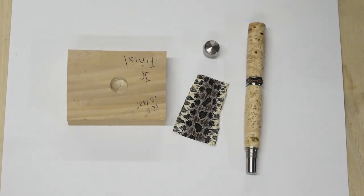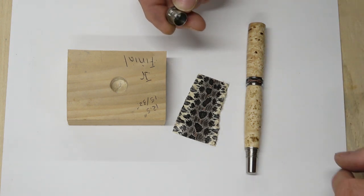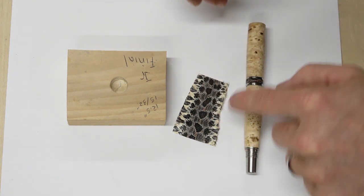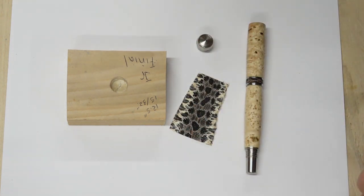Okay, so here's what we have so far. We have the custom center band on the Black Ash Burl pen. We have the Bandit cap. And we're going to remove this top finial, the stock finial, and we're going to replace it with snakeskin to dress this pen up. So how we would do that, take a scrap piece of wood, and I drill a